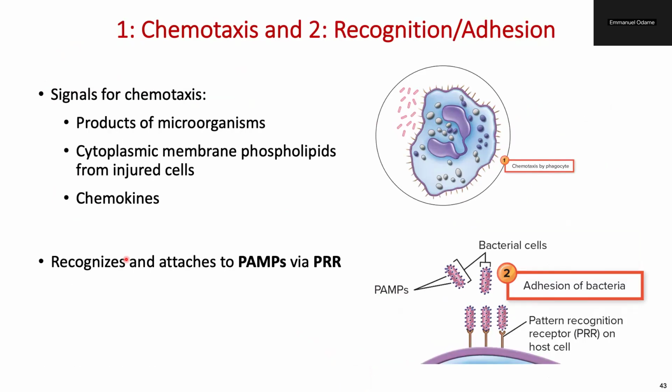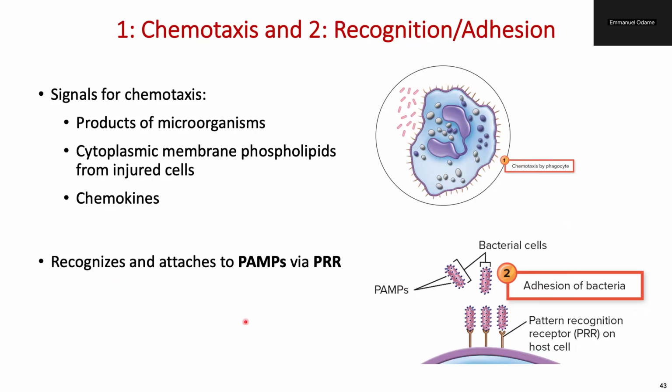So the first two steps are chemotaxis and recognition or adhesion. Basically, there has to be a signal of chemotaxis, which is produced by the microorganisms that invade your body. These are secreted by the bacteria, and sometimes chemotaxins can also be secreted from the cytoplasmic membrane or phospholipids of injured cells. So some of the injured cells within our body also secrete chemotaxins. What they are secreting are chemokines, which are sent to the immune cells, telling them, hey, something is